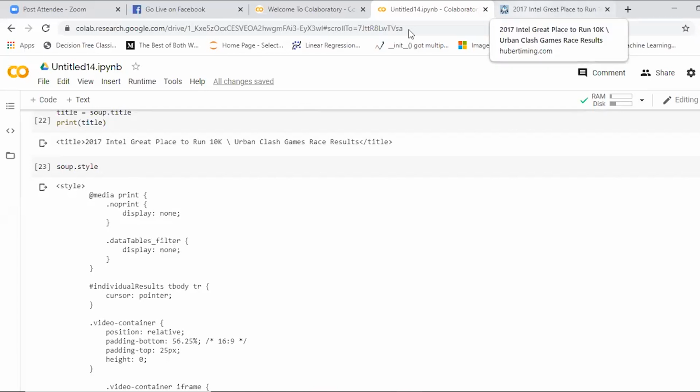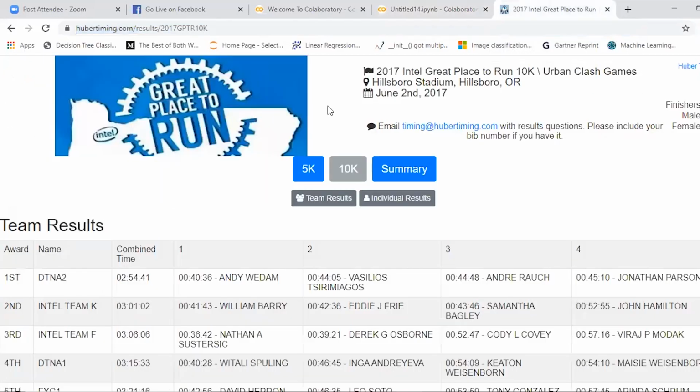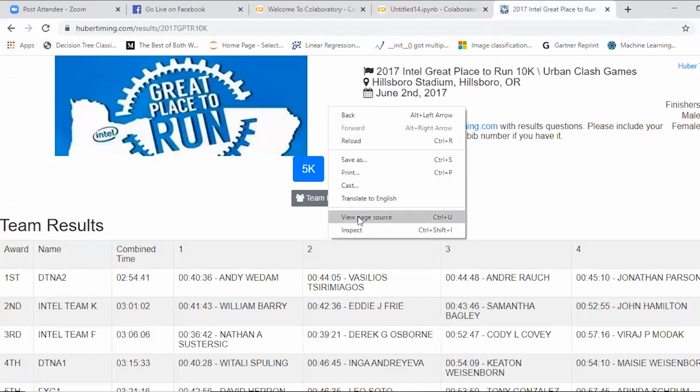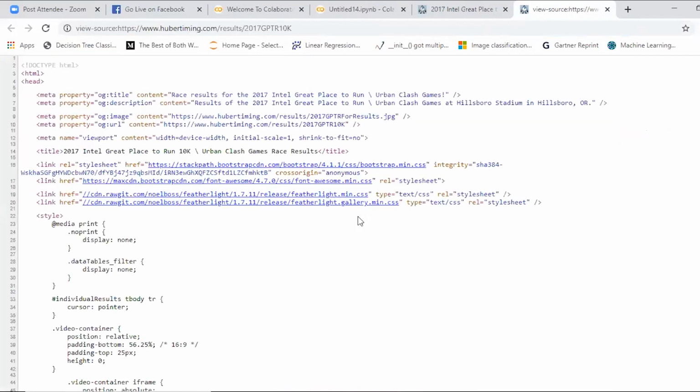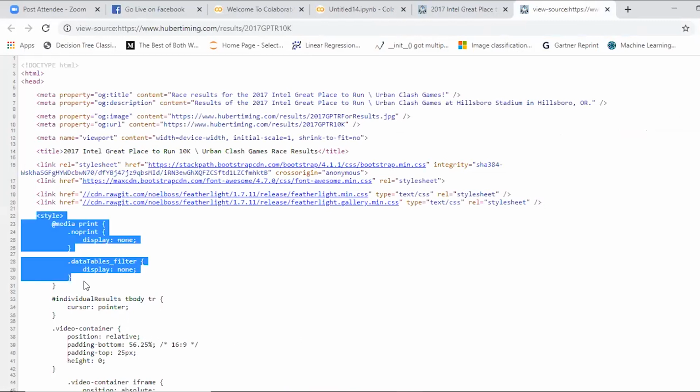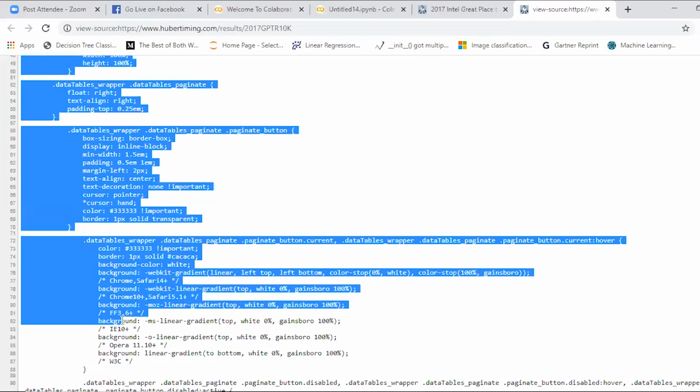You can go to the web page, right click and choose view page source. See, this is the entire styling, because anyone can write HTML tags, but we need to give some styling effects to it. CSS stands for cascading style sheets. So this is how we extracted the entire styling.